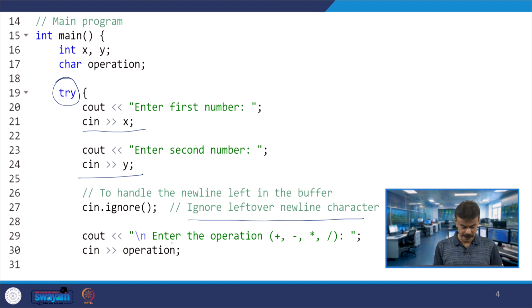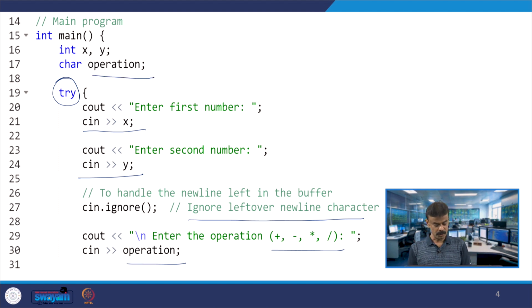Now it is prompting to enter one of the arithmetic operators, maybe plus, minus, star or slash. So, let us have cin operation. Operation is a character, so it is expecting one character. That character should be either plus or minus or star or slash.